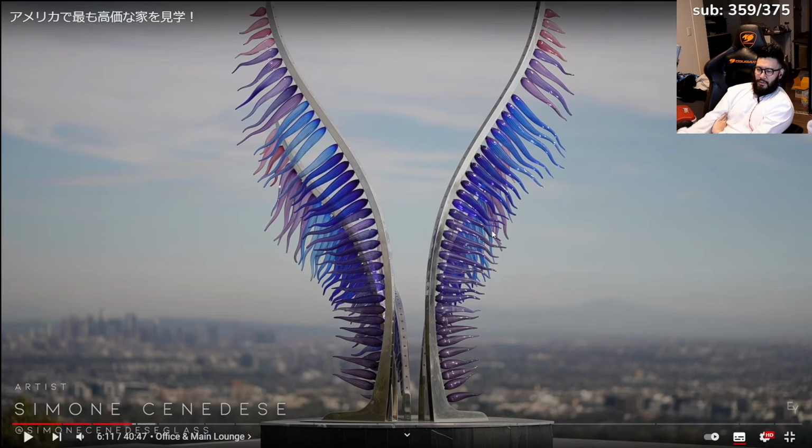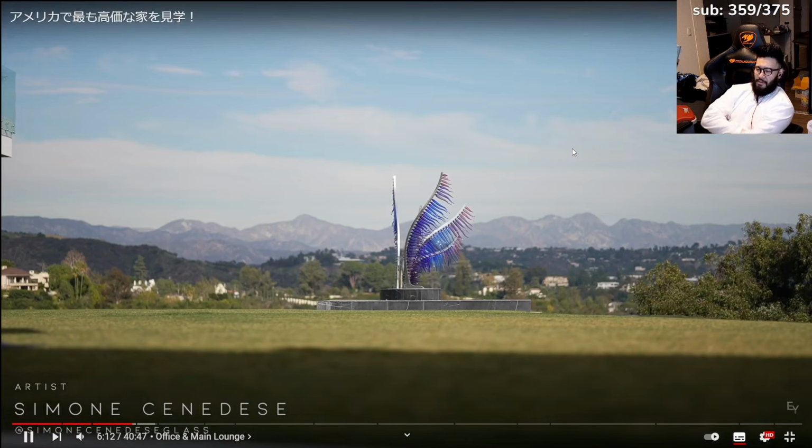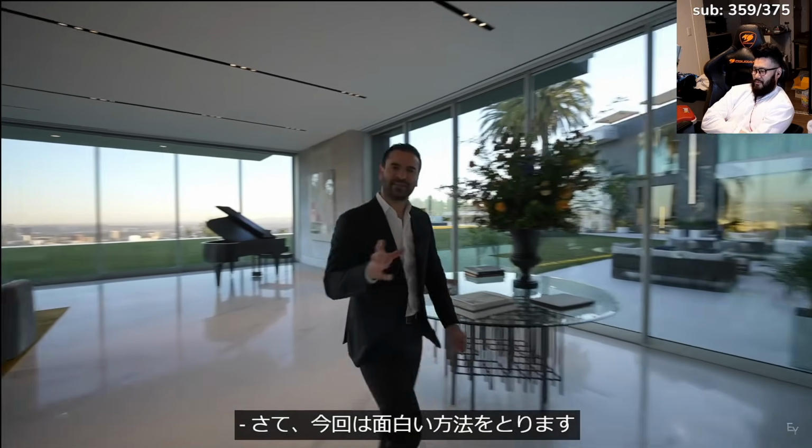多分だけど、この天使の羽のやつを一つ割ると何か起こる。多分モンスターが出てくる。これ。